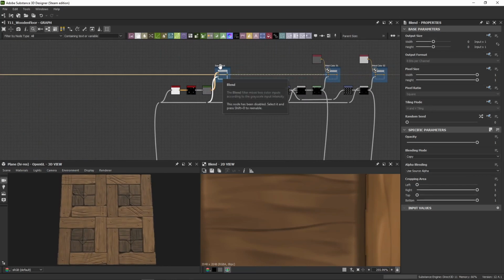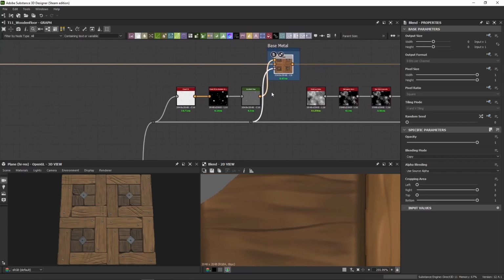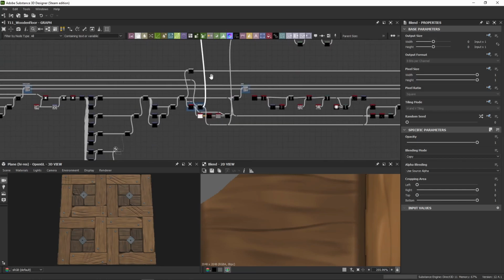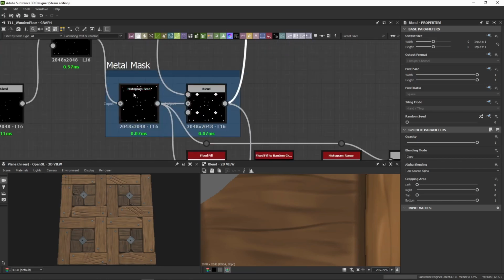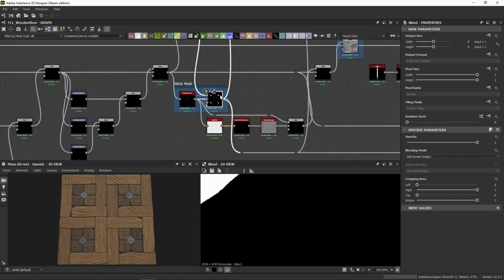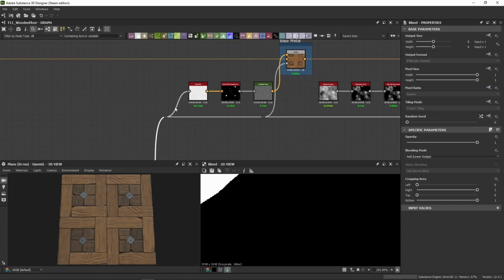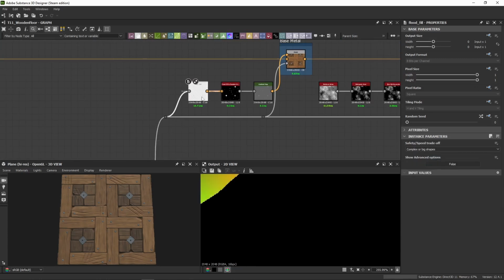And now we're going to move on to our base metal. So we're going to work on the metal coloring now. And for this, we're going to start with our metal mask here, the blend after the scan. We're going to pull from that. And then it's going to split into two paths. The first one's going to be a flood fill